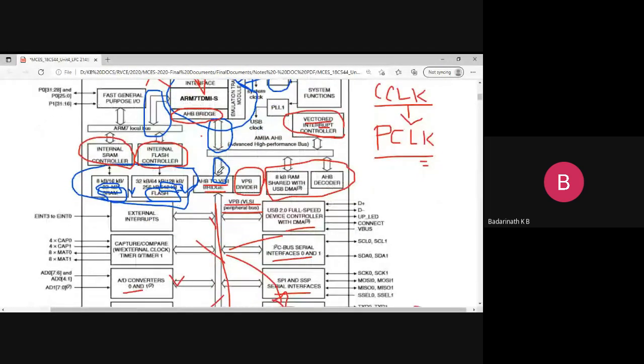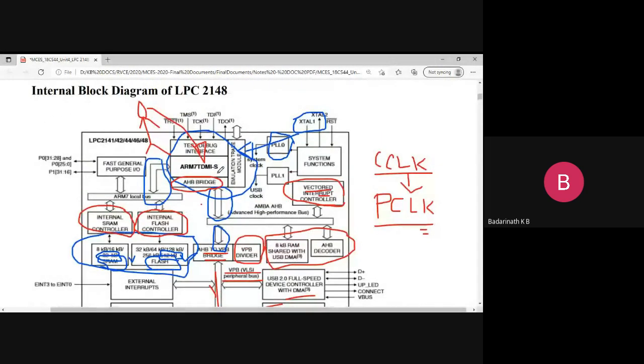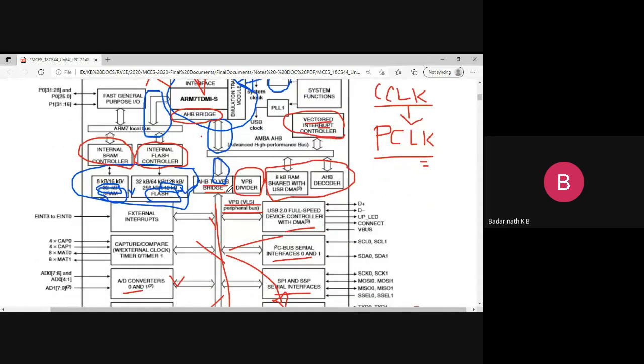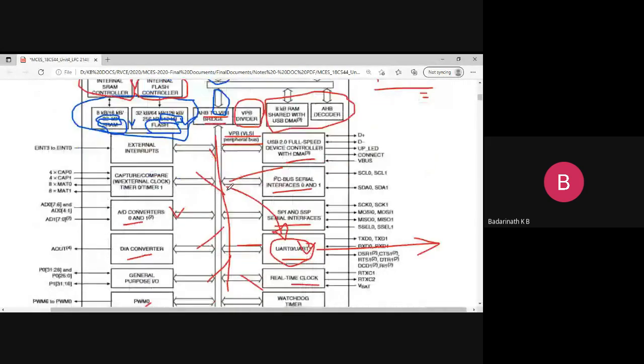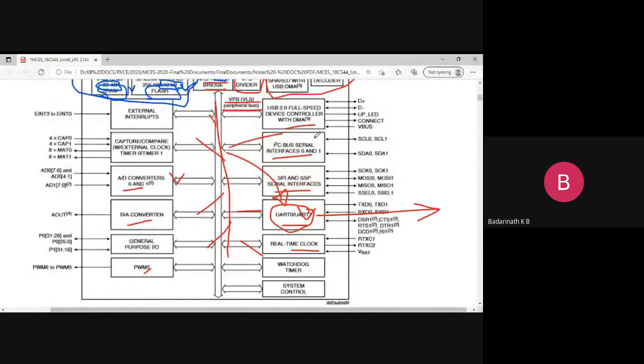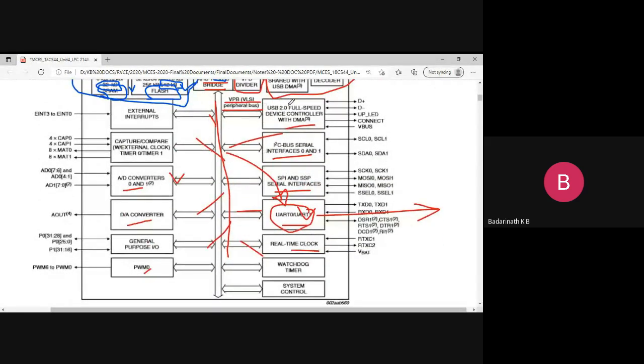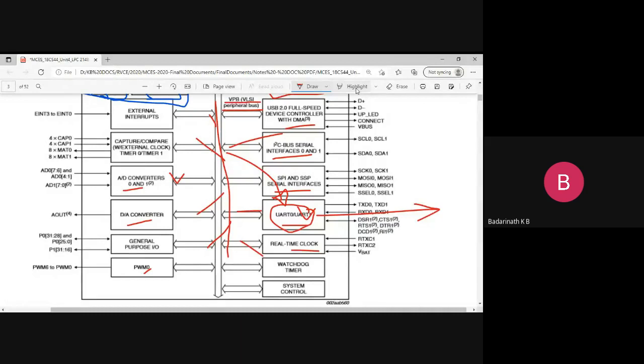Yeah. So now we have completed two important blocks of an ARM architecture. One is a core, the other is a bus architecture. Once that is finished, we will go to the other blocks. So we can learn the different blocks that are present here, by understanding